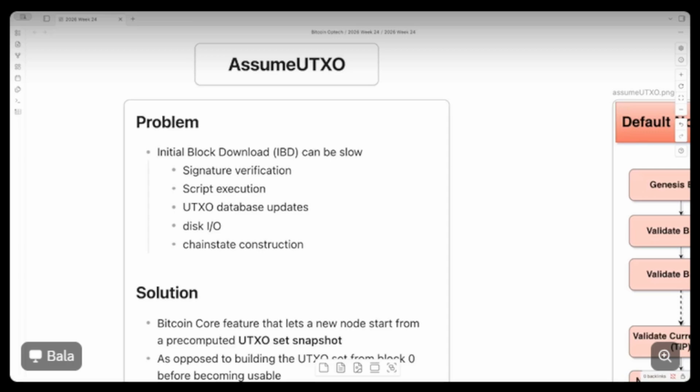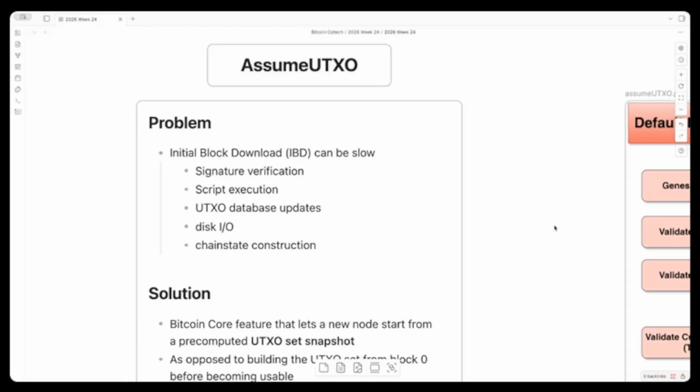At least in my case, when I tried to set up a node on a mini PC with a rotating hard disk, it took me close to 10 to 15 days, I think. That's what I remember, to get the IBD completed. So one problem is, okay, fine, IBD can take its own time, but